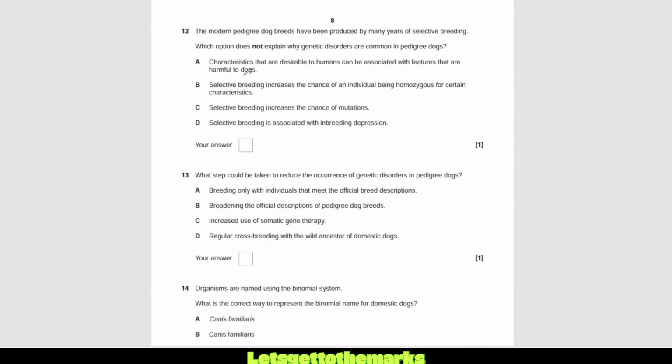Okay, so mutation. When you think of the word mutation, you should think of the word random. So random means it's not affected by temperature. The rate of mutations is a random thing. It's not affected by external factors like doing selective breeding. That doesn't affect random mutations. However, selective breeding, of course, reduces the gene pool and increases the chance of inherited genetic disorders. And we can go with all of the others as possibly being true. So we're going to say C here.